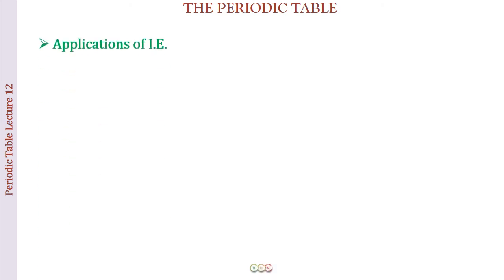So let us see what are the applications of the ionization enthalpy. So the first application is that ionization enthalpy is inversely proportional to metallic character. More is going to be the value of ionization enthalpy, lesser is going to be the element's metallic character. Or if less is the ionization enthalpy, more is going to be the metallic character. Why so? Because if low ionization enthalpy, the element can lose electrons easily, and hence it is a characteristic of